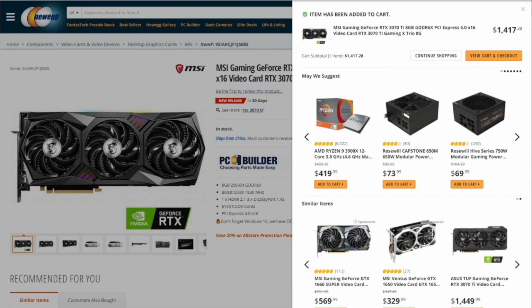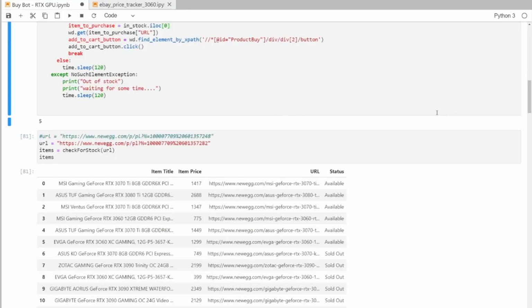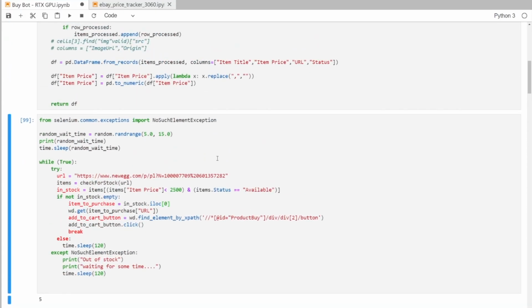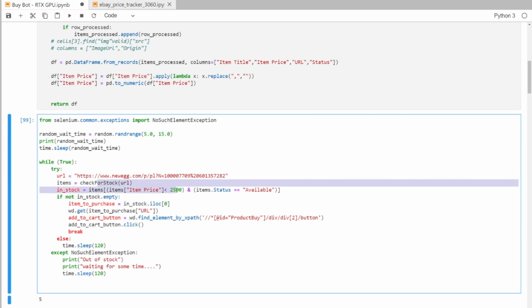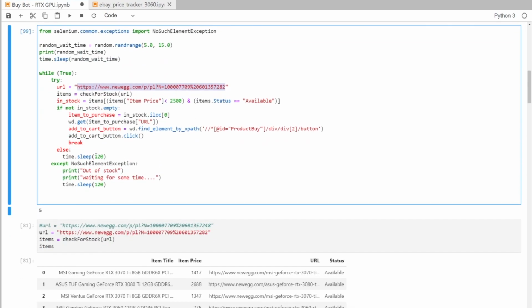Okay, so now we have gone to a point where this is a random product, of course. I'm not sure if buying a 3070 Ti at $1,400 is exactly a good price, but you can adjust your criteria as you see fit, and then you will get exactly what you want, right? So you can change this. You can make this filter also very specific, right? I put almost everything here because I wanted to get items in stock.